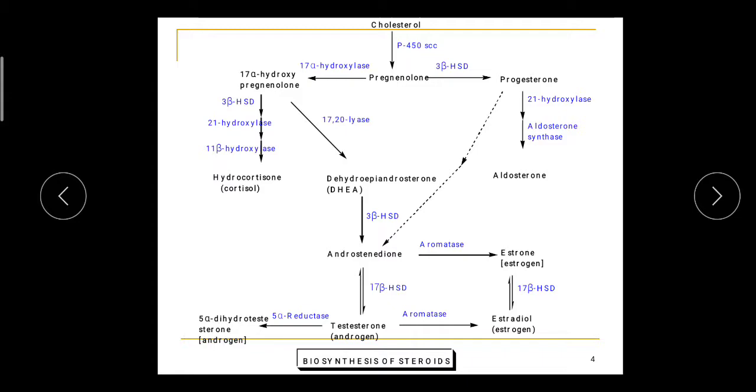Now this pregnenolone, by the enzyme HSD, is converted into progesterone. HSD is called hydroxysteroid dehydrogenase, which converts pregnenolone into progesterone. This enzyme HSD is found in both